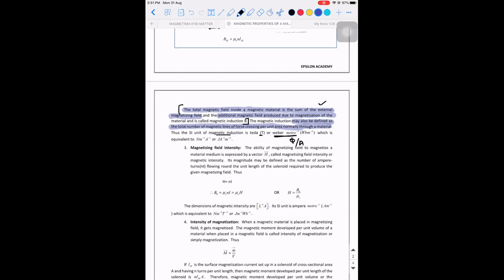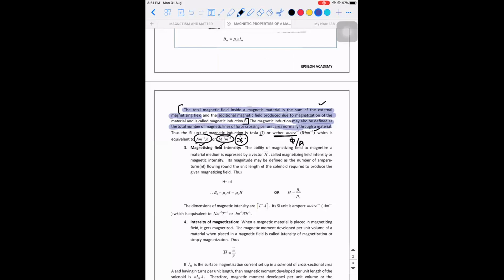So when you try to write Tesla in terms of Newton, meter, and ampere, this is the formula that comes out: Newton, meter inverse, ampere inverse, or Joule, ampere inverse, meter power minus 2. These are very, very important, at least now, because they can be asked in MCQs. They will say, which of the following is not an SI unit of, let's say, magnetic induction. They'll give you this unit, this unit, this unit, and they will give something like Joule, ampere power minus 2, meter power minus 2. Then this will be wrong. So a question can be framed in any manner. Are you guys able to understand? Is it clear till this point?